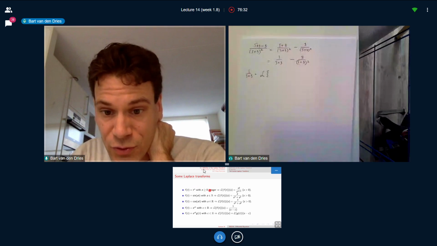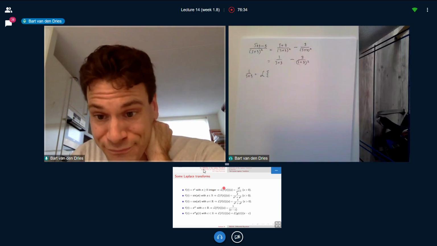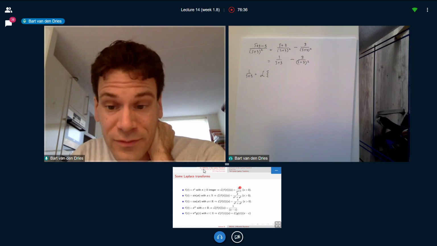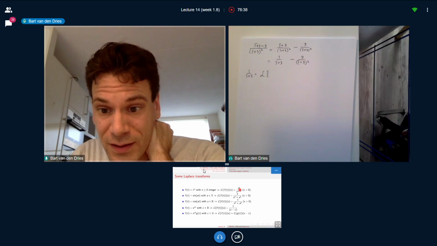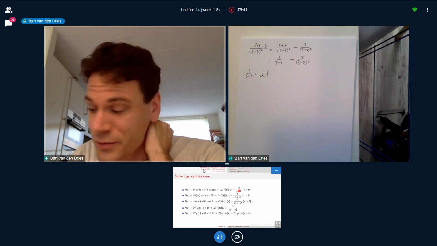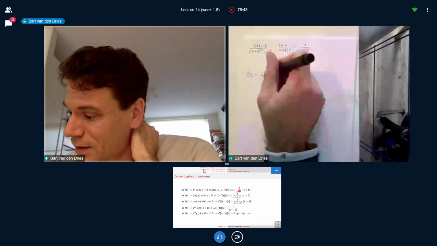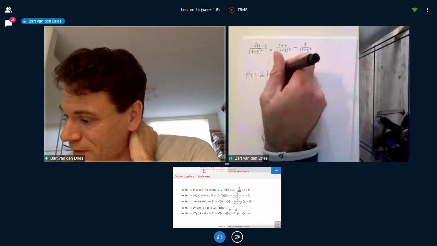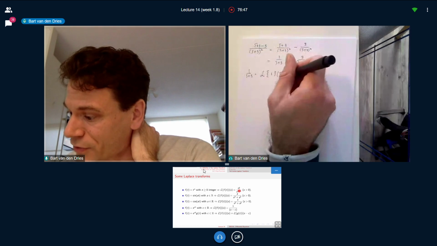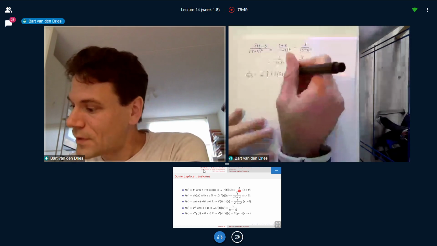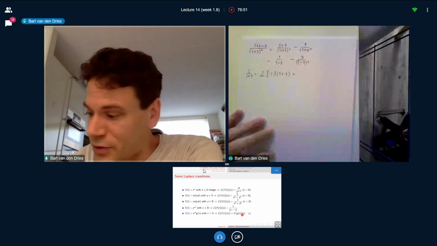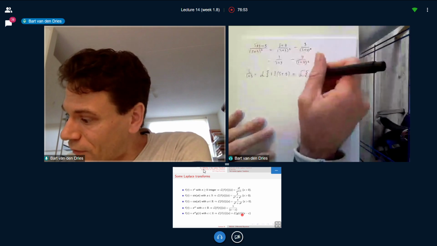here, n equal to 0. 0 factorial is 1, remember? Divided by s to the power 1, so we get 1 over s. So it's 1, but not evaluated at s, but at s plus 3. There's a shift. But by the last rule, this is equal to the Laplace transform of e to the power